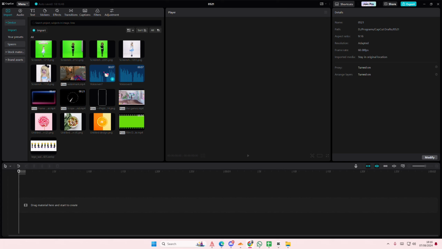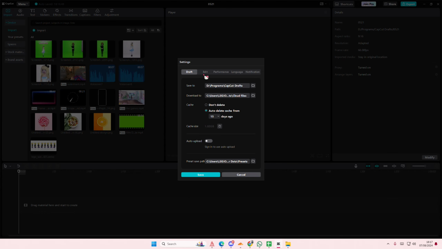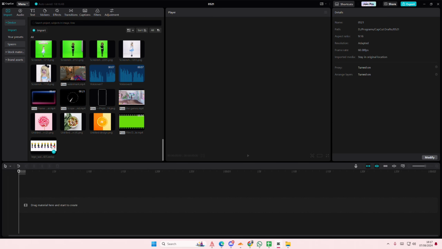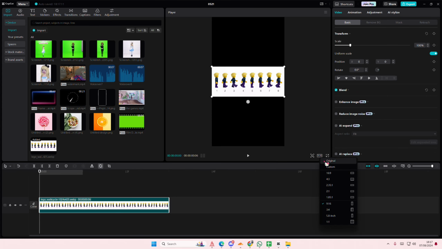In this video, I'll be showing you guys how you can create the stop motion animation on CapCut PC. So go to menu first, go to settings, and go to edit, and make sure the image duration is 0.1 seconds. Press save. Now I have this sequence of like stop motion photos,